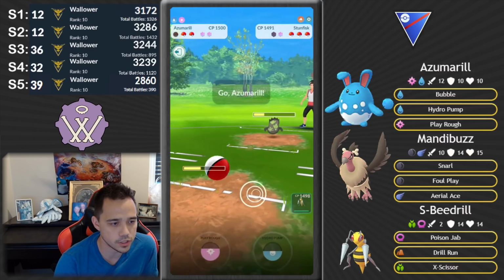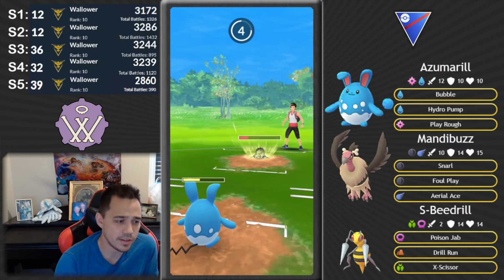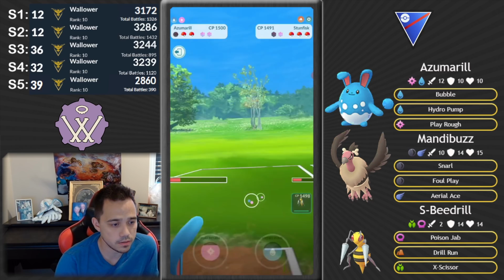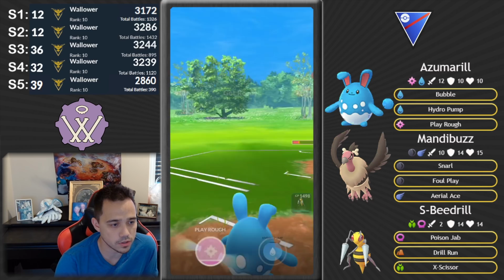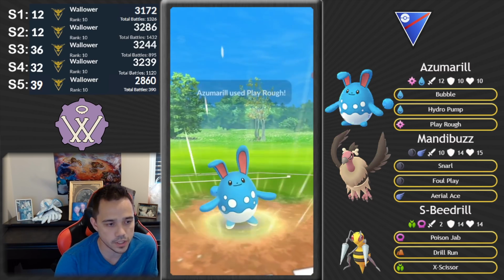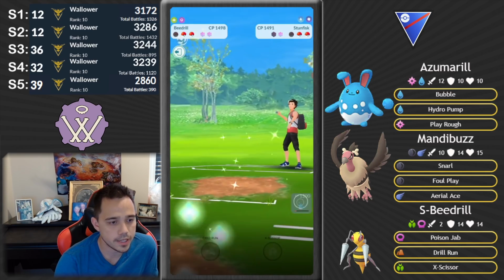Going to come with the Azu and just get a decent amount of farm here. If they have the Earthquake, that's fine. They can take out the Azu. If not, that's also fine. And we're going to throw the Play Rough here. I won't be able to farm down the G-Fisk. It'll be able to take me out. So we'll throw the Play Rough, get into the Beedrill